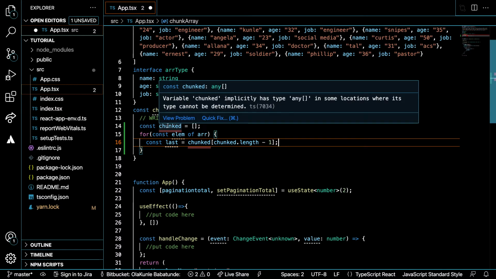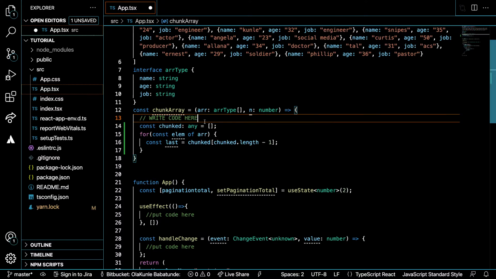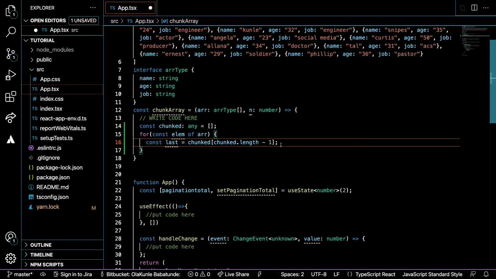So what is it saying? Oh, it's saying it has an implicit value. Chunk is, just leave it as any for now. Okay. So the next thing that we want to do is, so now this last here, this last is going